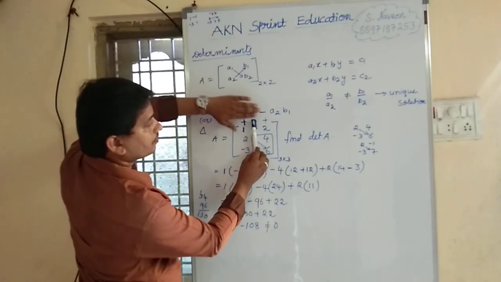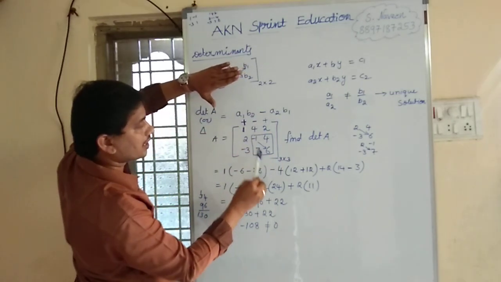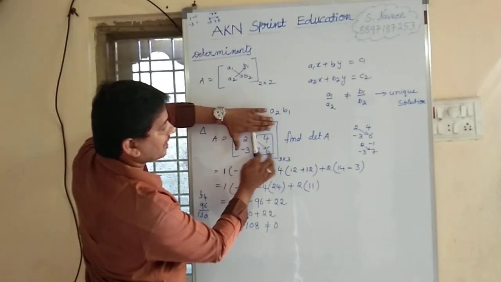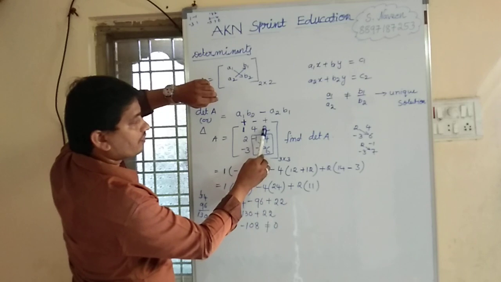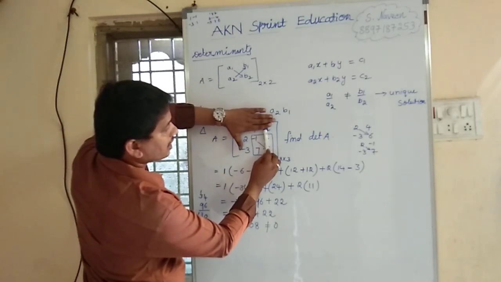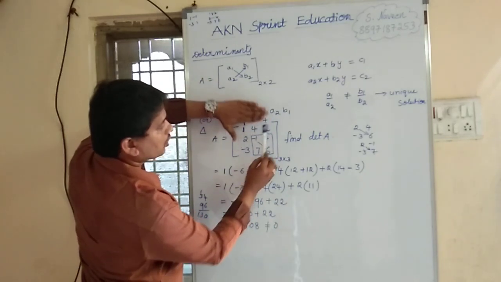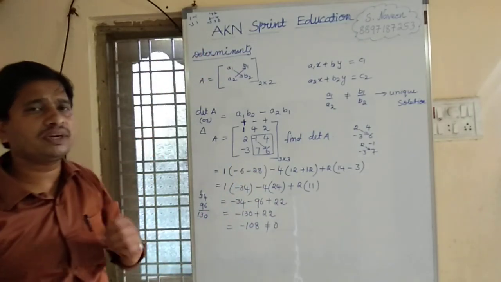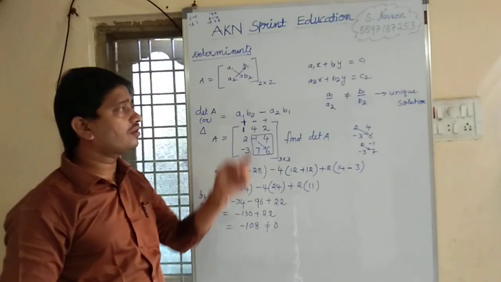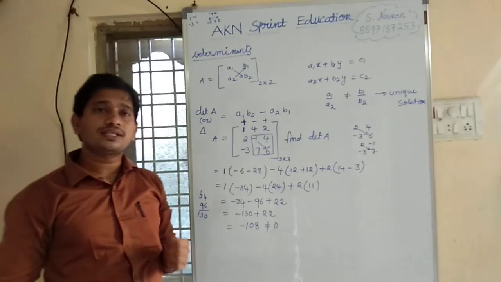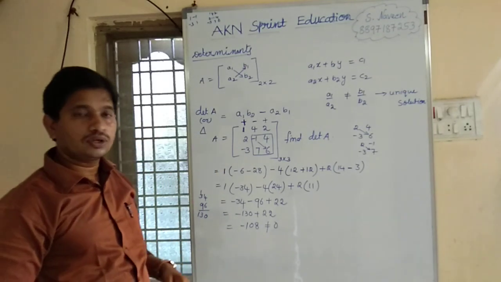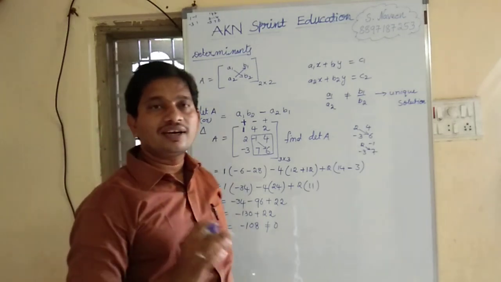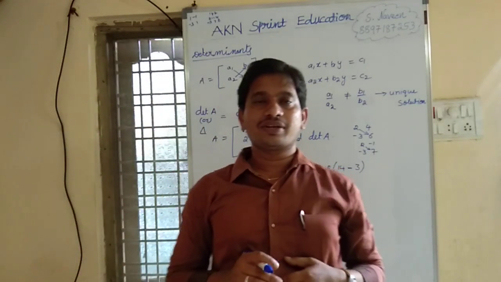So for finding 4, we have removed that corresponding column and corresponding row. We have 2, 4, 3, minus 3, 6. For finding 2, we have removed that corresponding column and corresponding row. We got 2, minus 1, minus 3, 7. Then for finding the determinant of a 2 by 2 matrix, we have the formula A1 B2 minus A2 B1. Okay, we got minus 1 at 8. In this way, we can find the determinant of a 3 by 3 matrix.